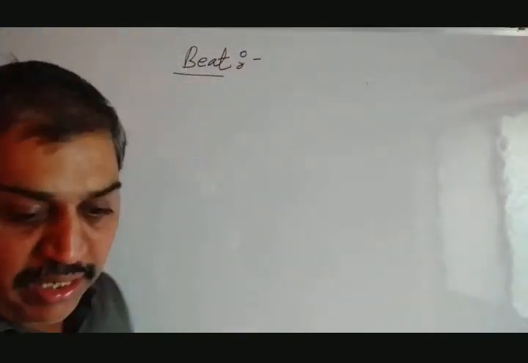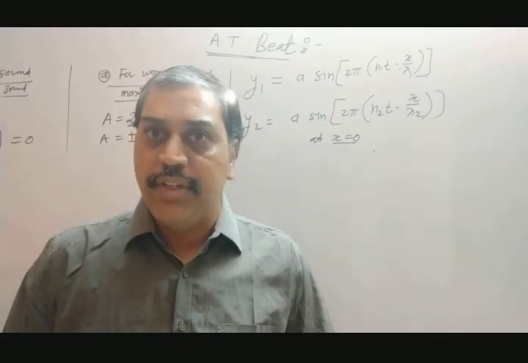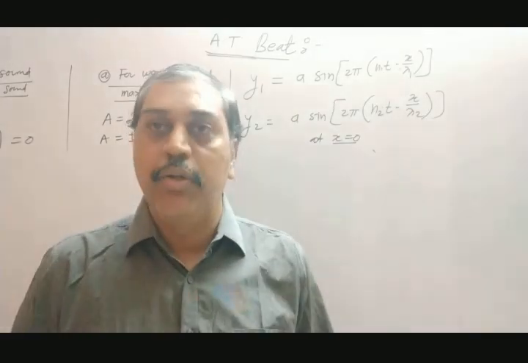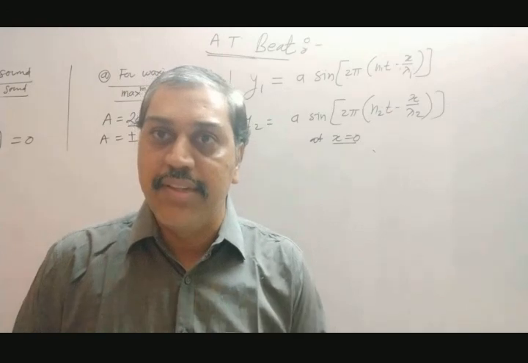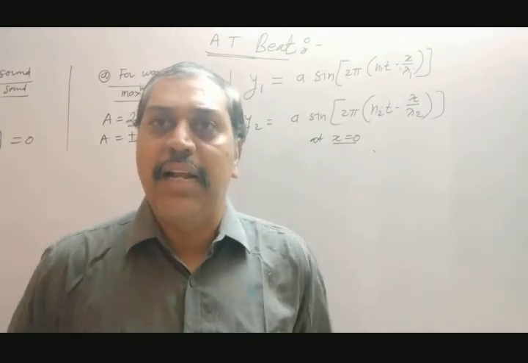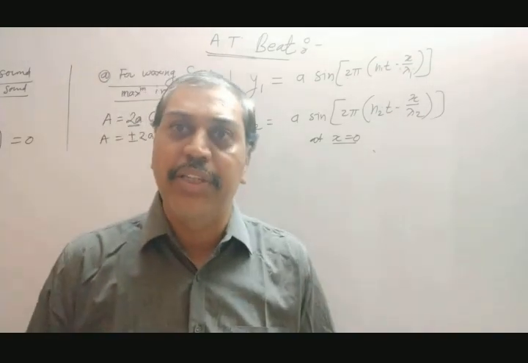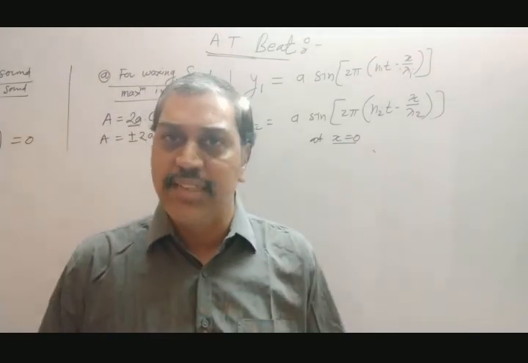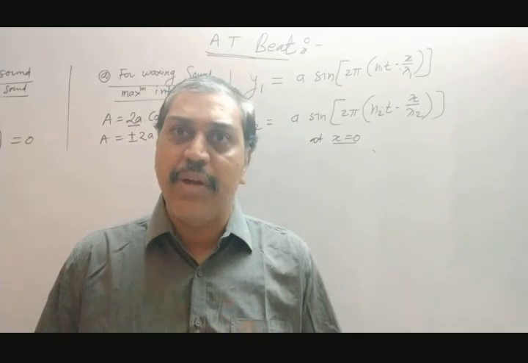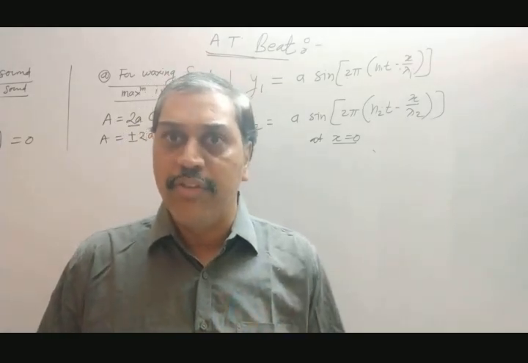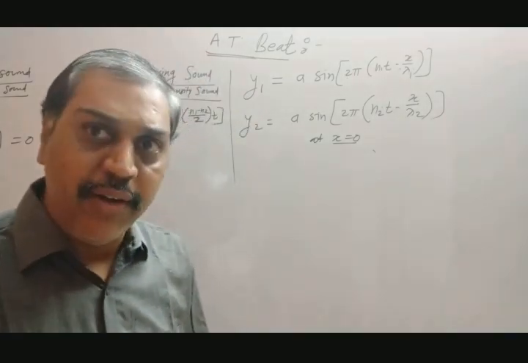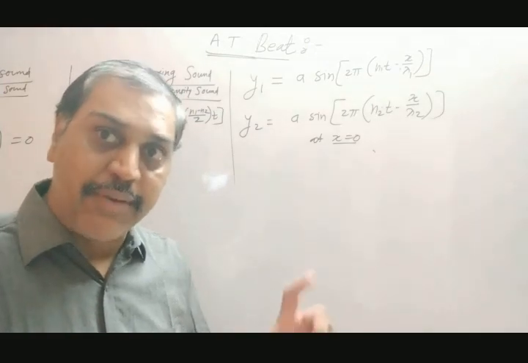As we know, we have taken two tuning forks of nearly equal frequencies. Before this, students, we have seen what is meant by the beat. When two sound waves of nearly equal frequency beat together, the maximum and minimum intensity sound gets created, and that formation of maximum and minimum sound is said to be beat. Now we have to consider the two sound waves denoted by two different equations and then equate them.